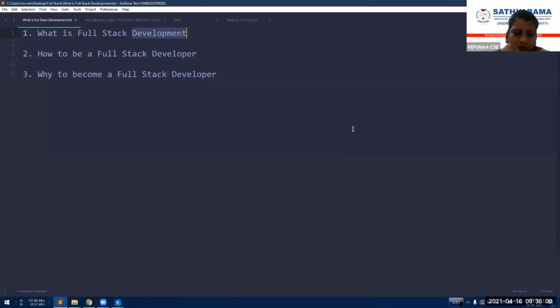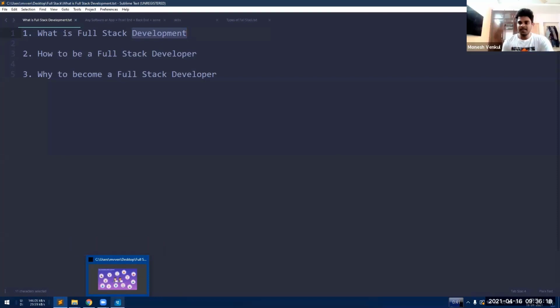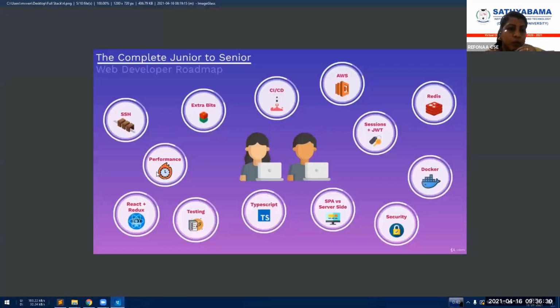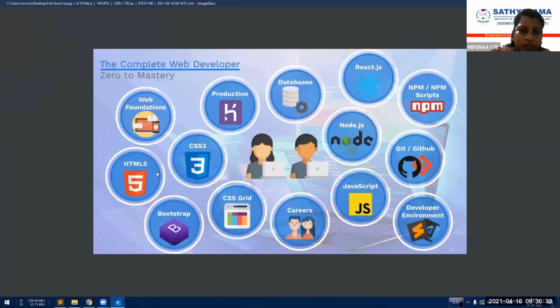Monish, how many modules are to be covered to complete this entire course on full stack development? You said 3 to 6 months is enough to learn with interest. Yes, if you're taking Coursera or Udemy, definitely there will be some modules to complete. Other than that, if we are learning on YouTube, how do we learn it? I mean, what are the modules to be completed so that they can put in their resume that they know about full stack development?